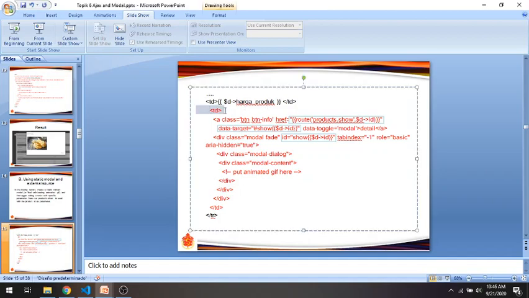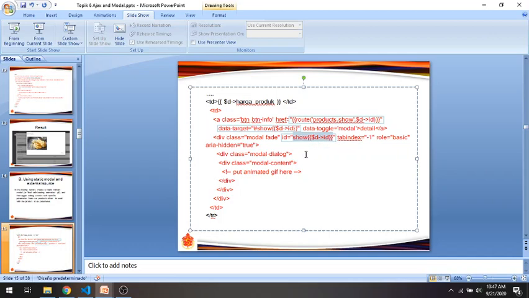Place it after the harga product column, and here we create a color that is used to call the modal here with ID show and ID.